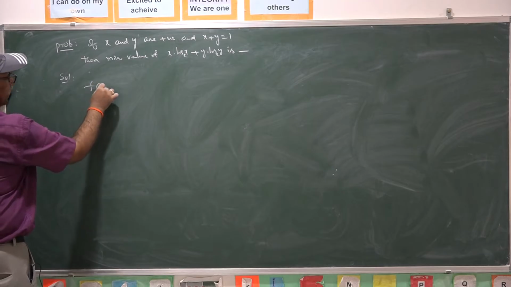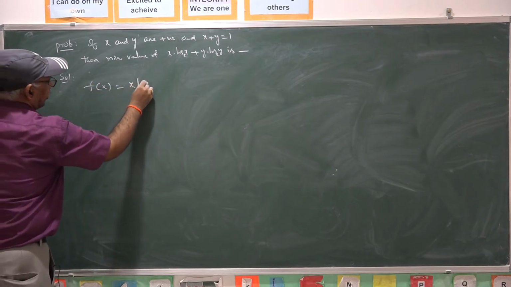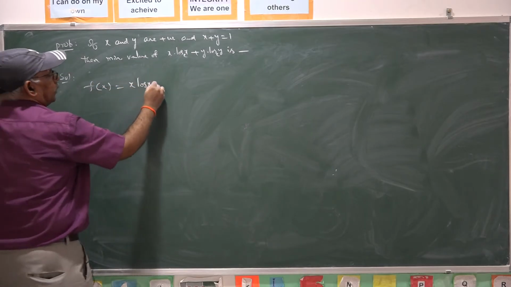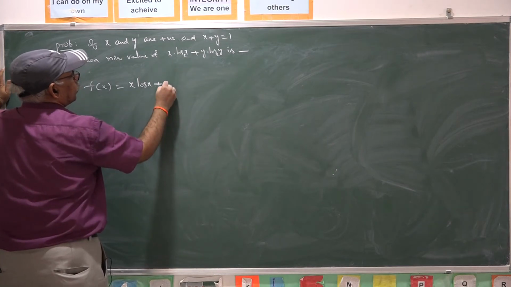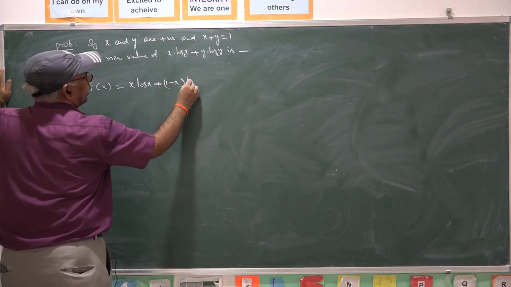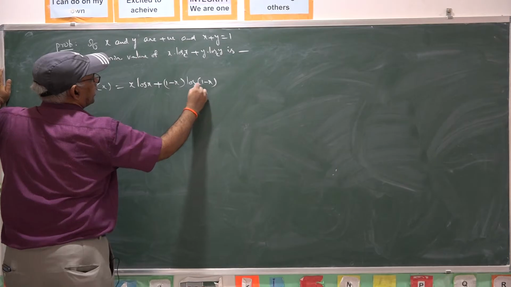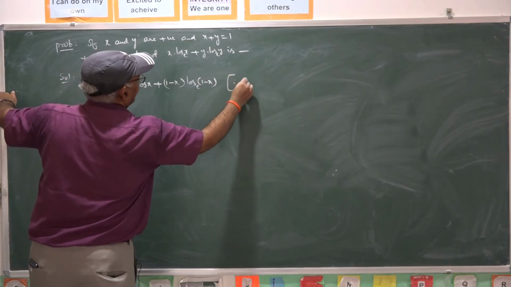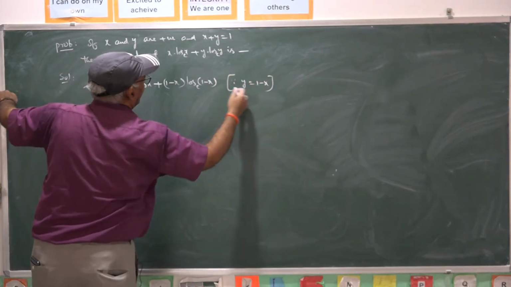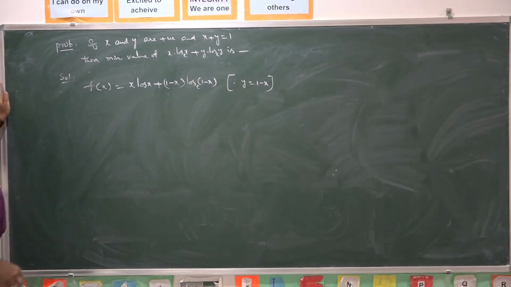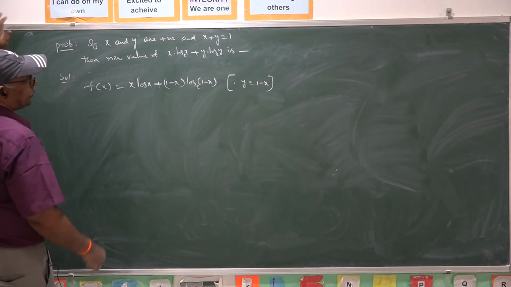Let the given function be f(x). That is x log x plus y log y, where y in terms of x is 1 minus x, so it is (1 minus x) into log(1 minus x) to the base e. Since y equals 1 minus x, I am writing the given function completely in terms of x. Now to minimize this function,